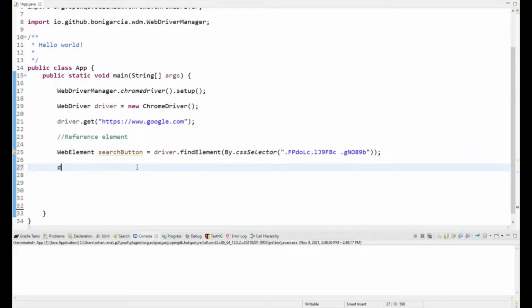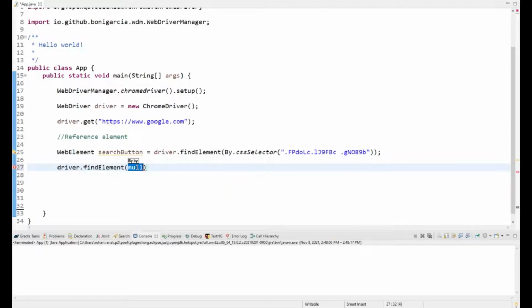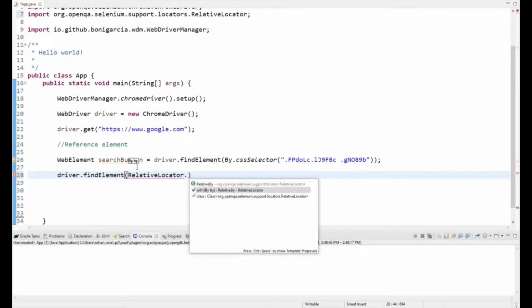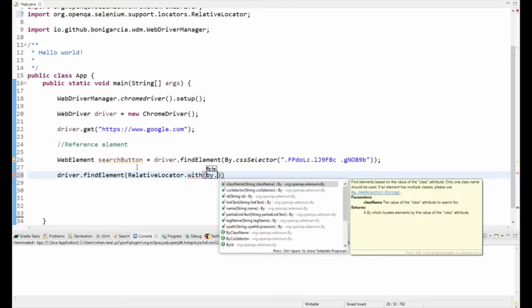Now let's see how we can use a relative locator. Please remember the syntax: it's driver dot findElement, and within that findElement method you need to write RelativeLocator dot with. Here we need to give the reference of the element that we are about to find.